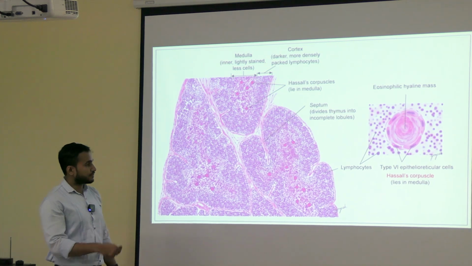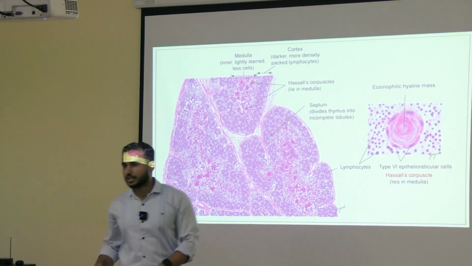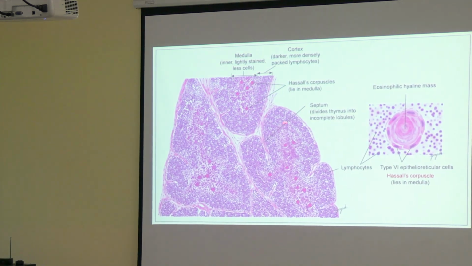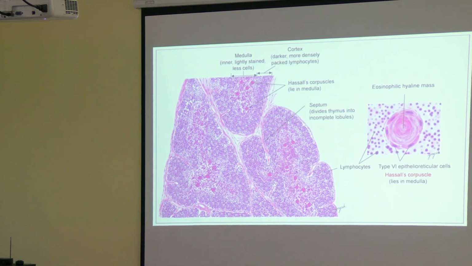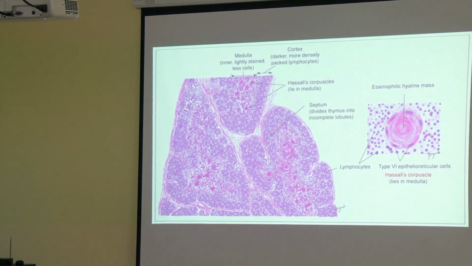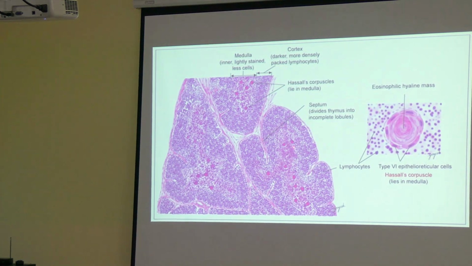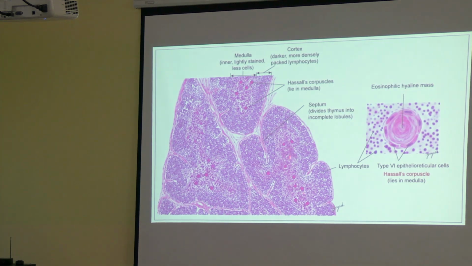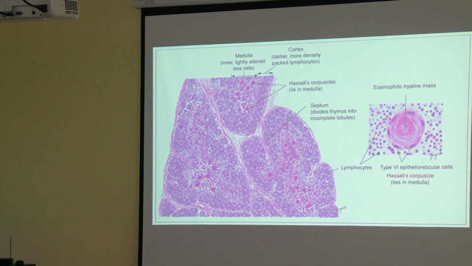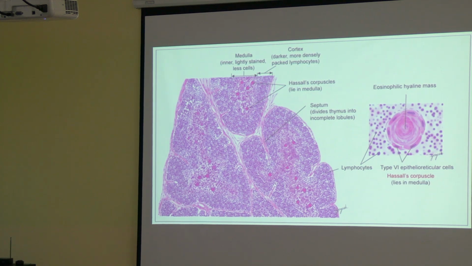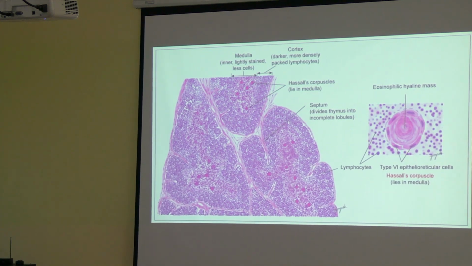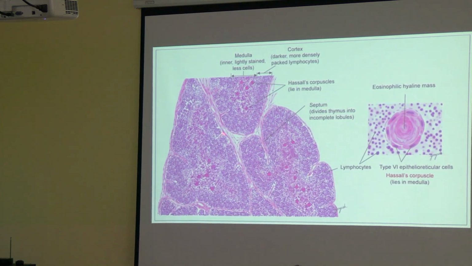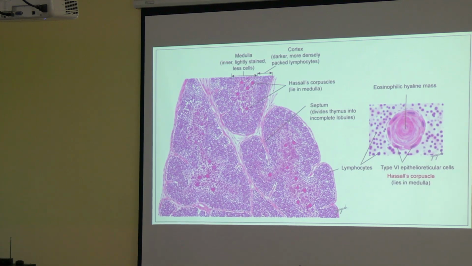See, this is another beautiful diagram. Can you identify the cortex and medulla? So look, this is one lobule, this is one lobule, this is one lobule. So see, this is the septa which is incomplete. That's why you can see the medulla is continuous with each other. Can you see? Right? And what is this pink colored structure in the medulla? Hassall's corpuscle. Okay? So I think this diagram is better. So draw this diagram in the practical notebook. No one has written the thymus. I have seen it. Okay? So you have to write this. So draw this diagram. This one.